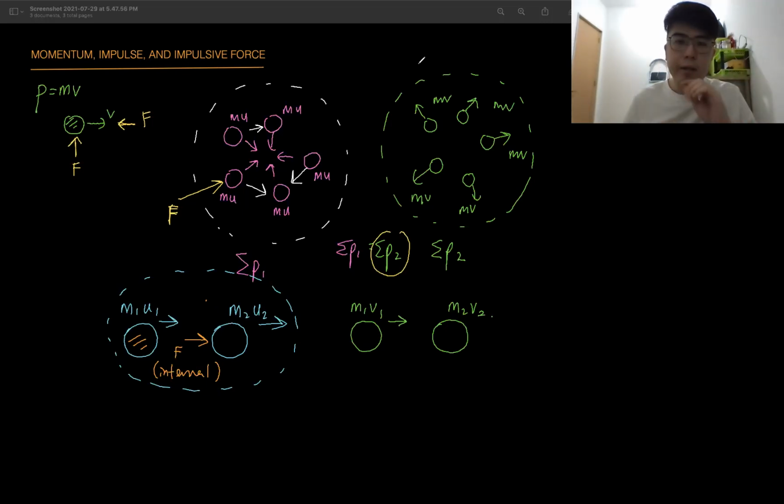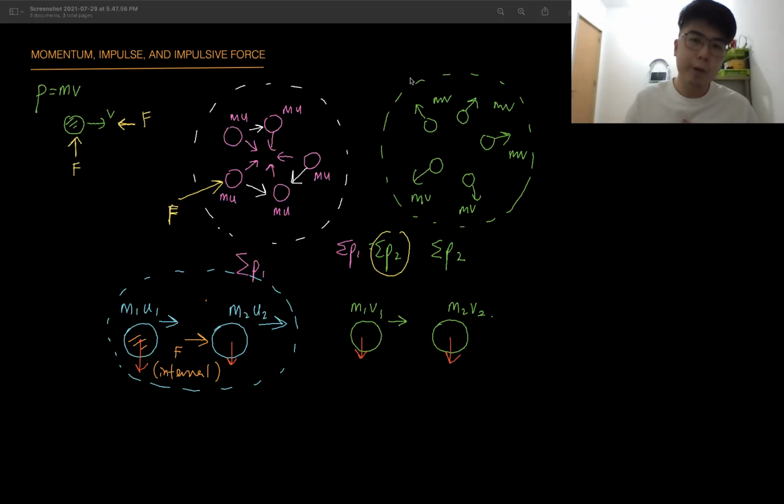Gravity is okay. Is gravity an external force? Actually, gravity is an external force, but gravity is an exception here because it acts on every single object. So we can cancel out the effect of gravity. Whether it is an external force or internal force doesn't matter. The external force we are talking about here is mainly air resistance and friction. So we are going to assume that there's no external force and momentum then will be conserved.